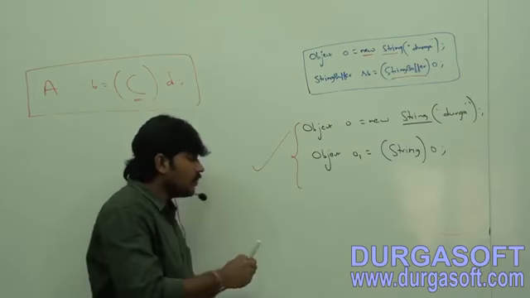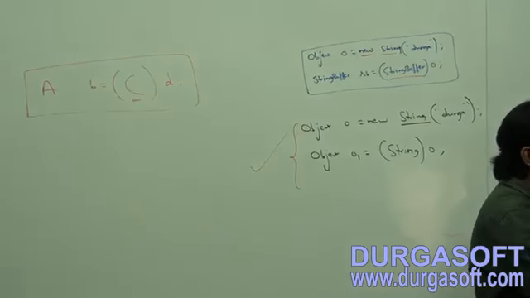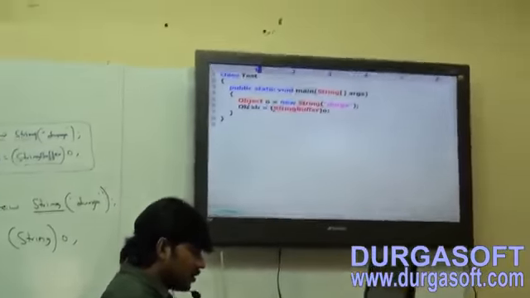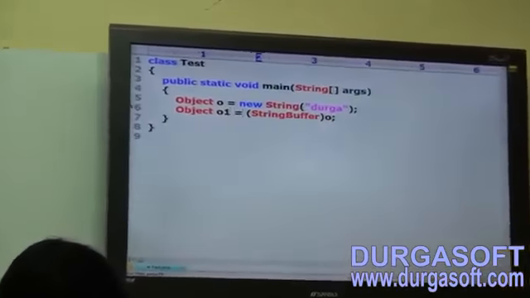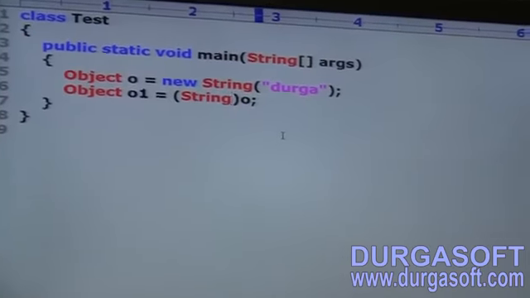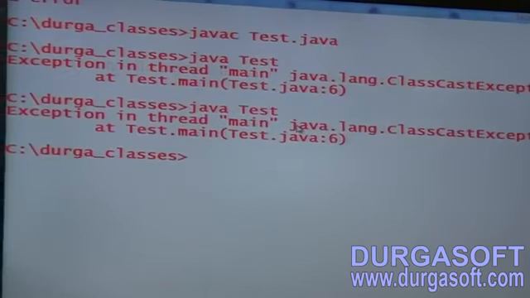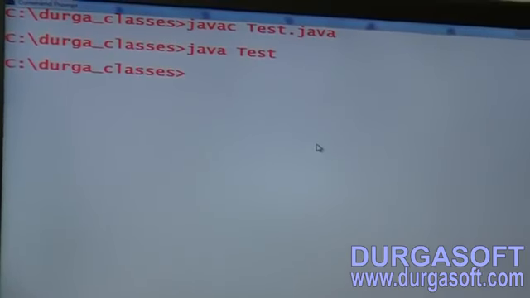Are you getting it? Let me execute this code. Object o = new String("Durga"); Next, Object o1 = (String) o; The code compiles fine, and now the code runs fine, no problem at all.